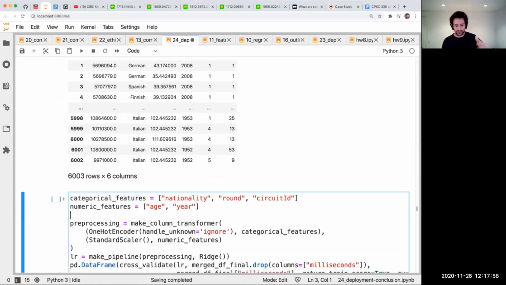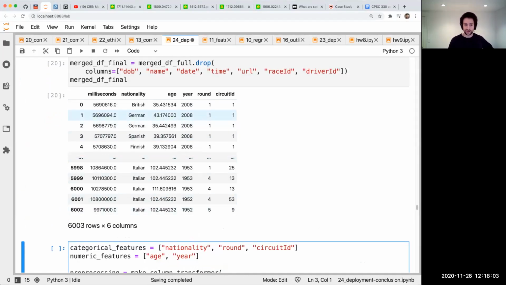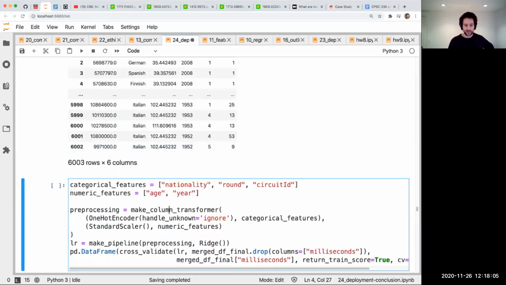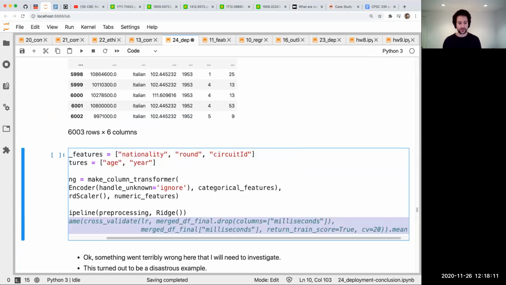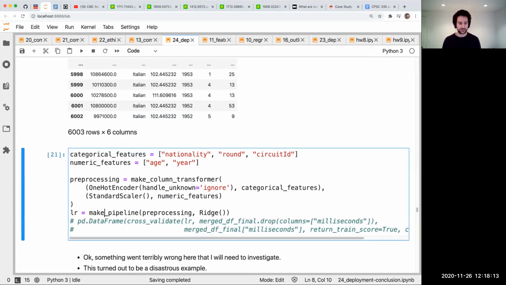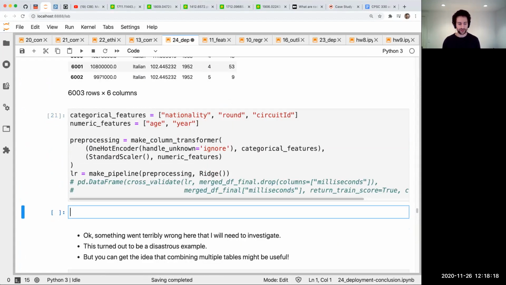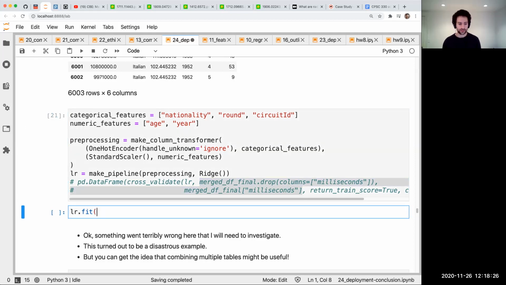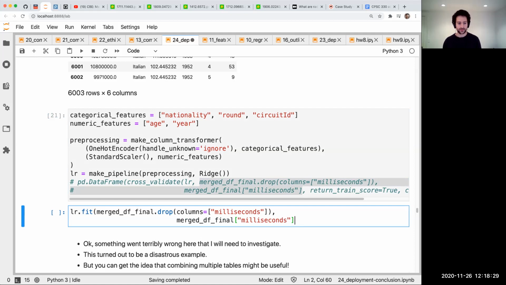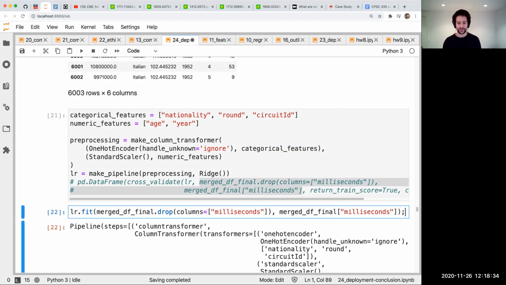Now I can do my whole usual thing that we do. I can have a column transformer, I can one-hot encode some things like the nationality, I can scale some things like the driver age, and I can train my whole model. The score was actually bad, which was annoying, but that's really not the point here. Great. Okay, so if I fit this model now,